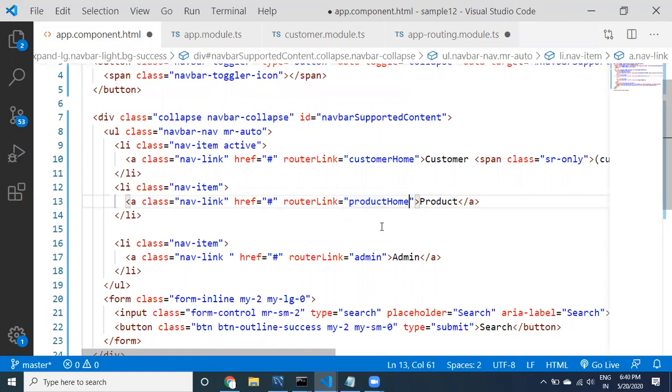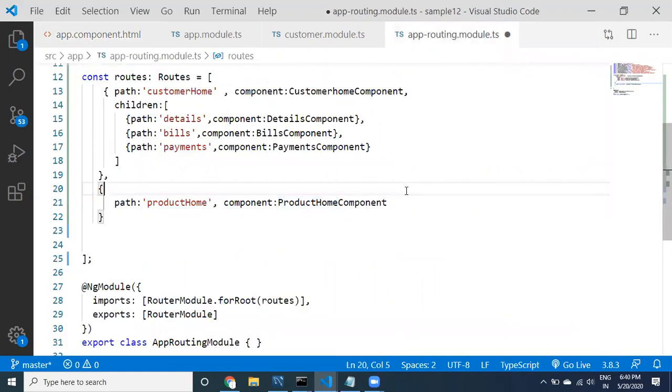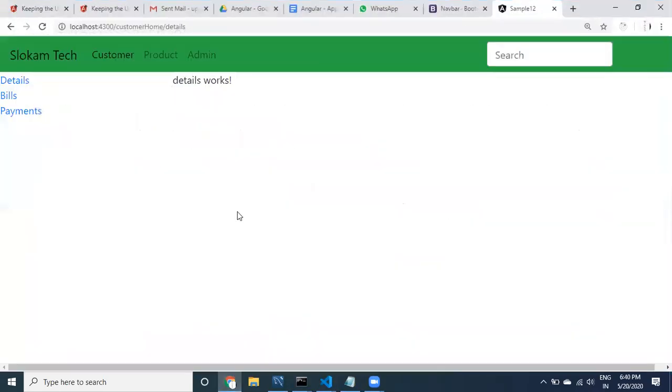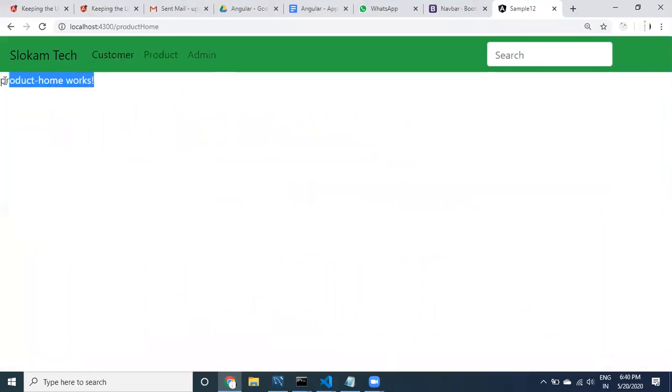It has to go to product home. Just save the things and come back here. Now if I click on product, see here, guys, it is displaying product home.